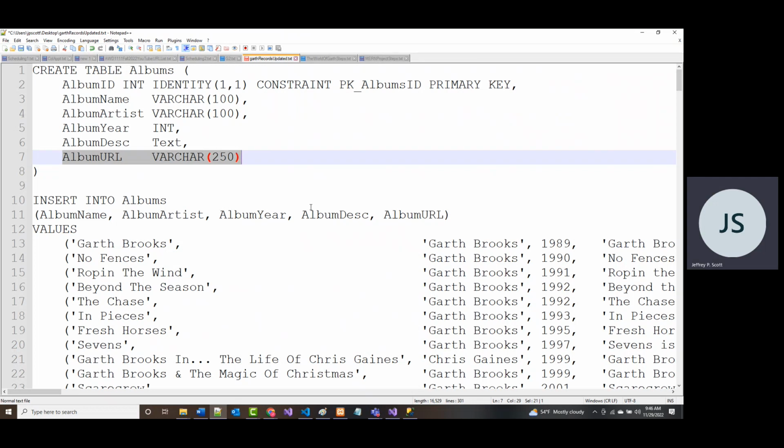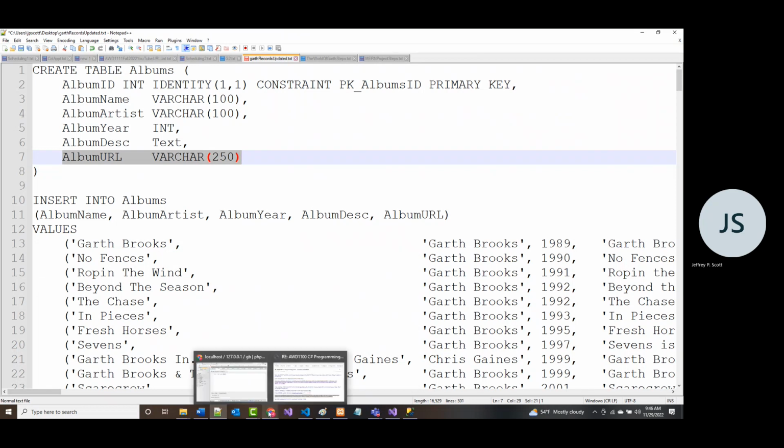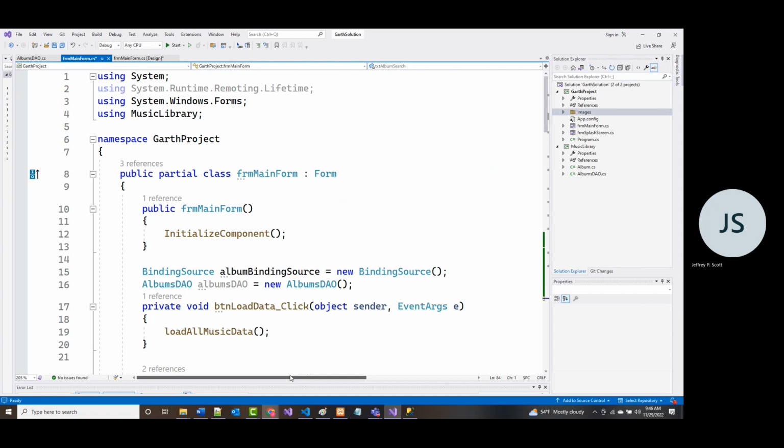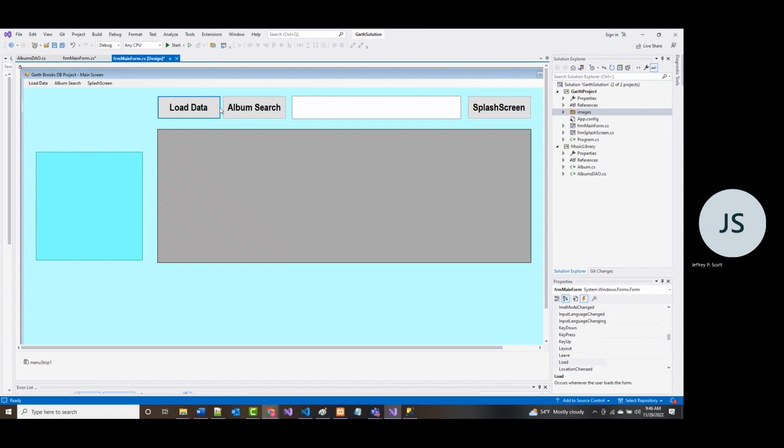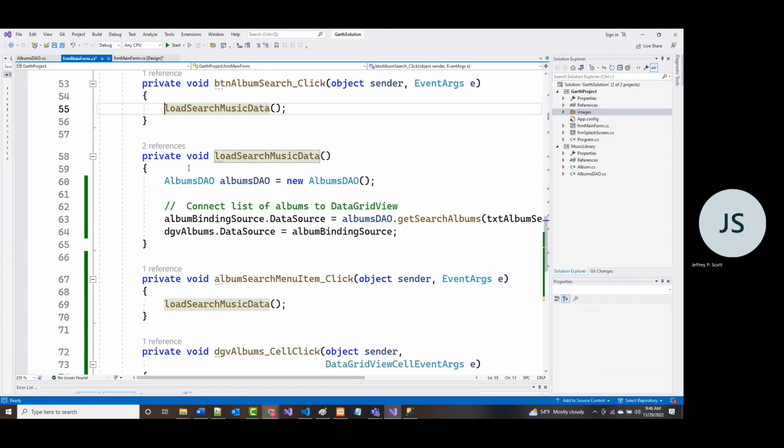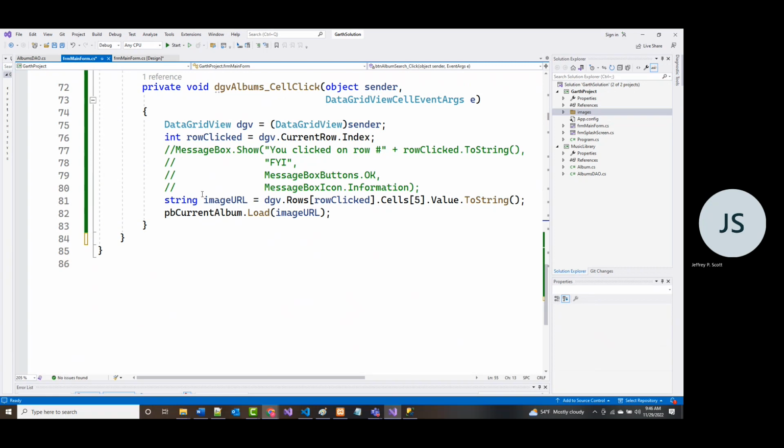That URL should be right there. There's a lot of things that this could potentially be.